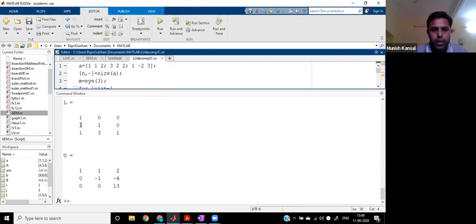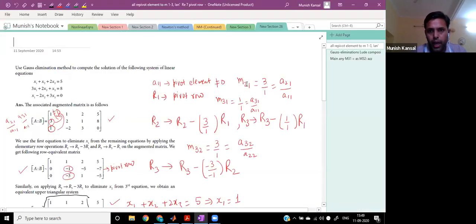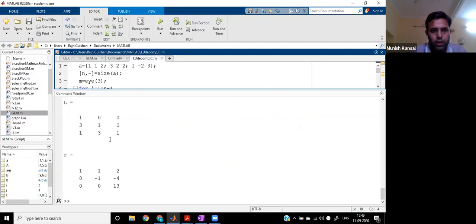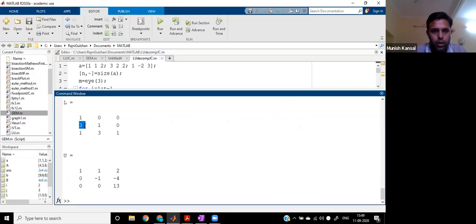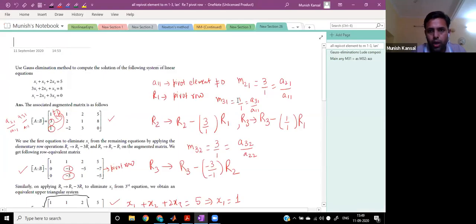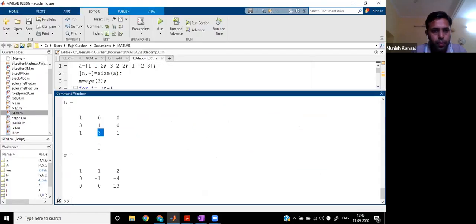100310131. So you have seen that the multipliers we got there, let me recall, what did M21 come out to be? 3 came, okay? M31 is 1, then M32 is 3. So what are the entries? 313. So these same 3 entries are coming here. 313, okay? This is M21, this is M31, this is M32. So these were the entries, right? M31, M21 and M32, right? Now this is the U matrix, this is the U matrix.